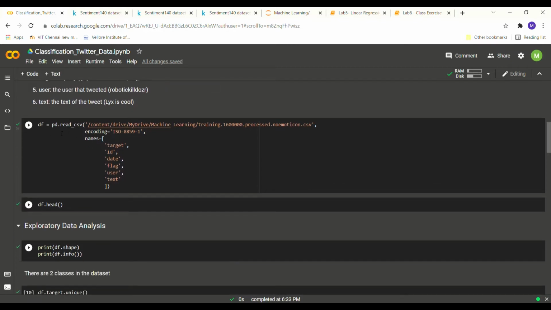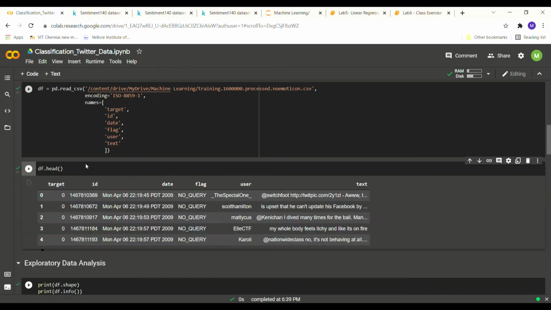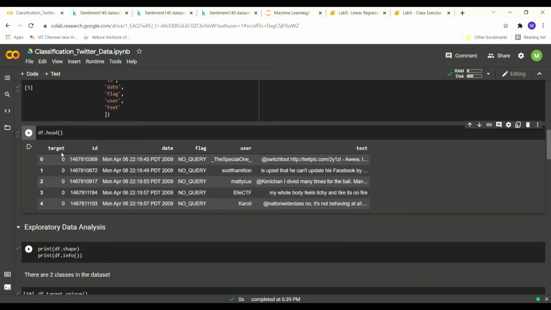Using pd.read_csv, we'll be able to read the CSV file, and we have also given the names of the specific columns as target, ID, date, flag, user, and text. Using df.head, we'll be able to view the dataset. We can see this is the target class, which tells if the tweet is positive or negative, and this is the text of the tweet that we'll be using.